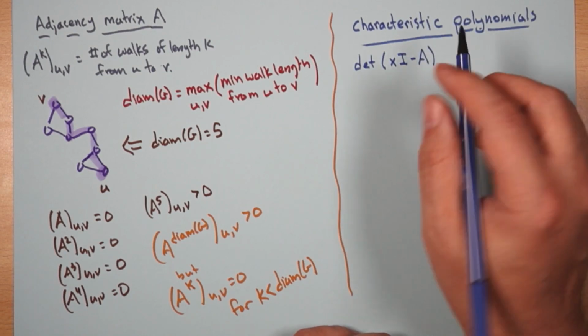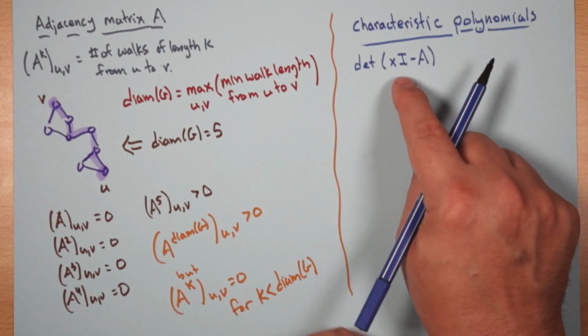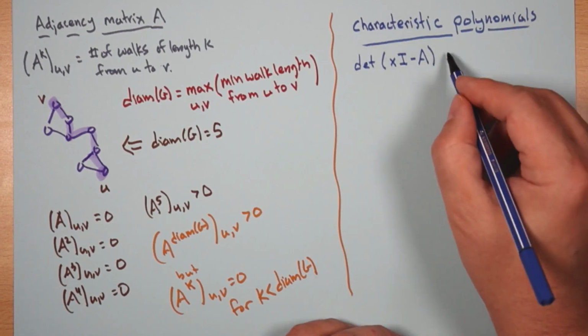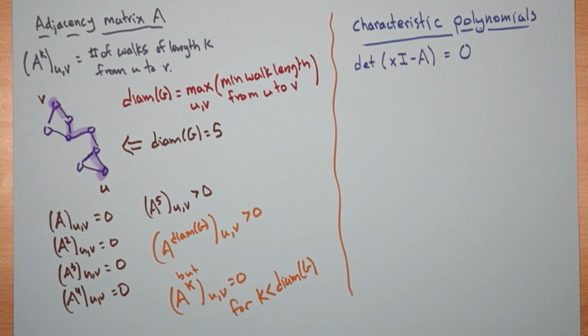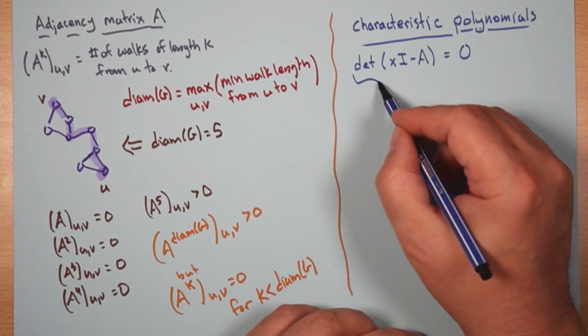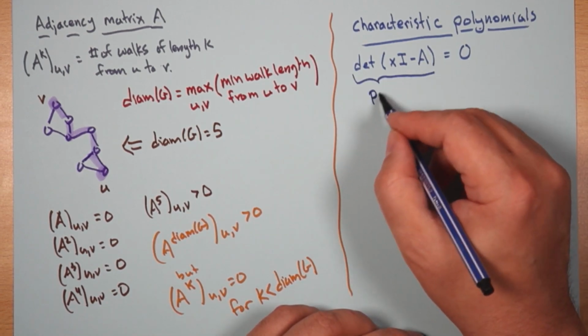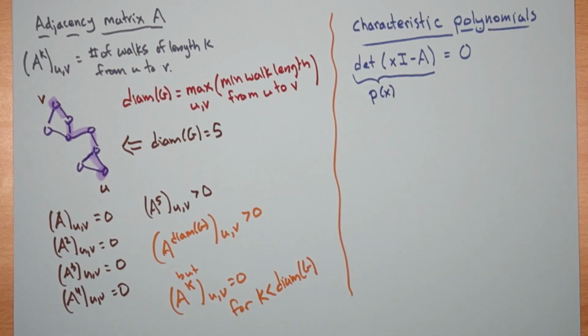And this is a polynomial. You expand it out, it's a polynomial in x. You set it equal to 0, solve for your eigenvalues, life is good. Now, one nice thing about our characteristic polynomial, we'll call this p of x, is that there's this beautiful fact